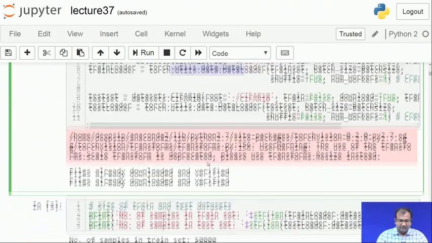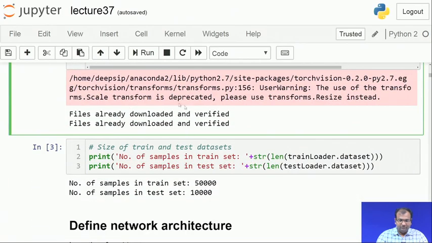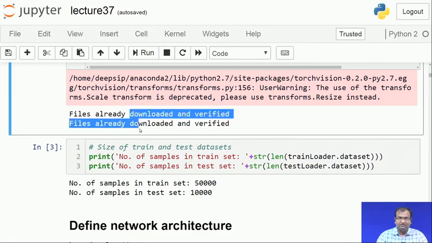Now once you run this one, if your data is not downloaded, apparently we try to flush it out every time we do a new run just to check functionality. So you see this, but if you are running on a preloaded data set which you already have, you might not be getting these lines as well.